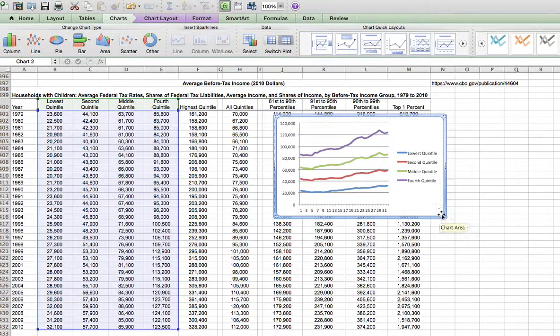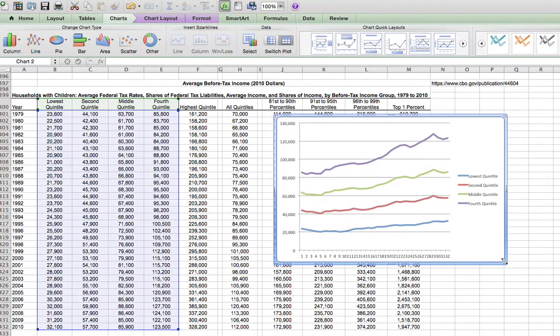Oh, I just want to make it a little bit bigger. There we go. Okay, so we see we have 4 categories: bottom 20%, top 20%. This graph did not include the years here on the bottom, so we can do that by